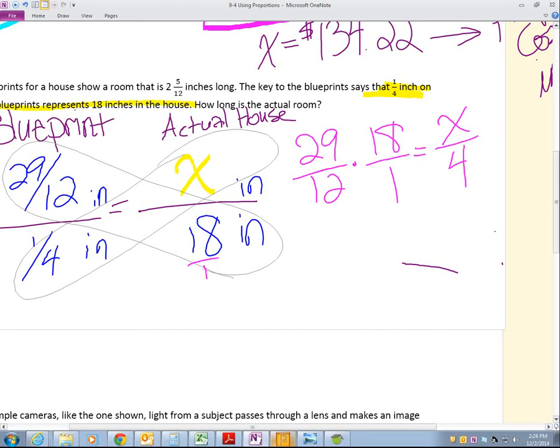And there's simplification, all these different things that we can do with that, but we're not going to do it because I expect you to be able to solve for x. We've been doing that for a month. I want to make the most use of our time so we can get examples from the homework, so what you come down with would be x equals 174 inches. Okay? 174 inches, or we could convert that into feet if we wanted to. So that's telling us that the actual house, that room length, is 174 inches.